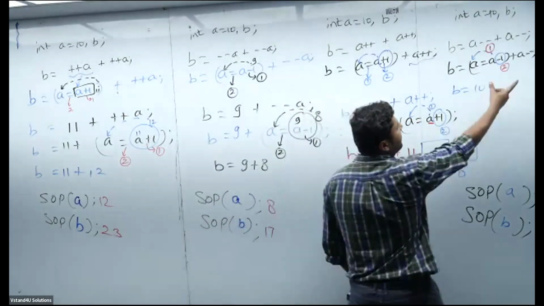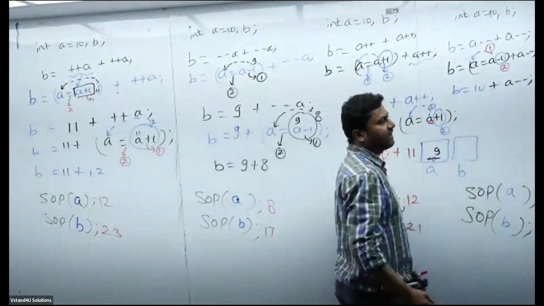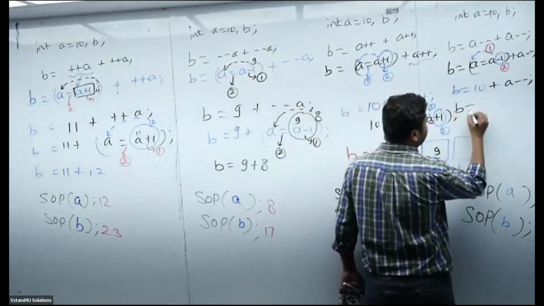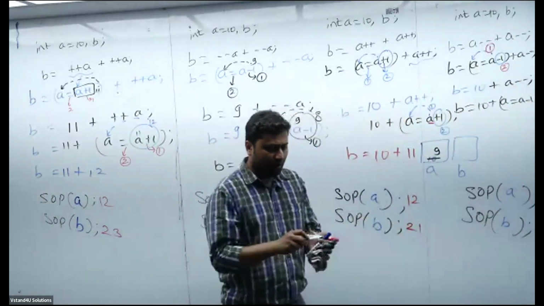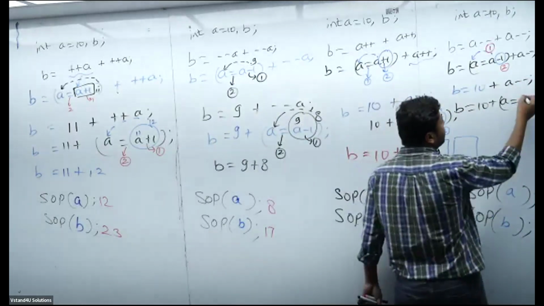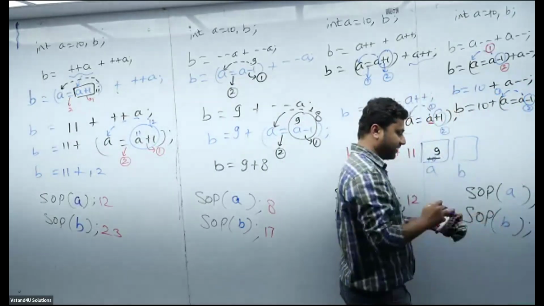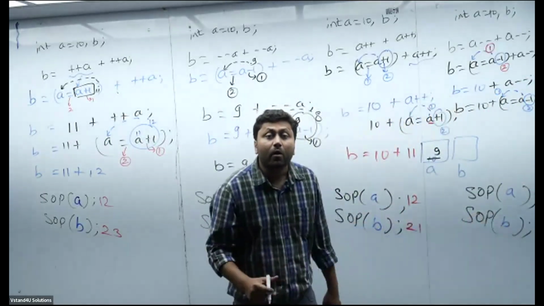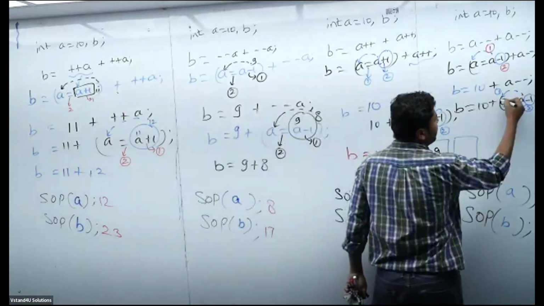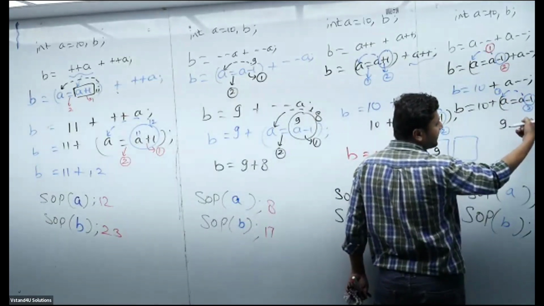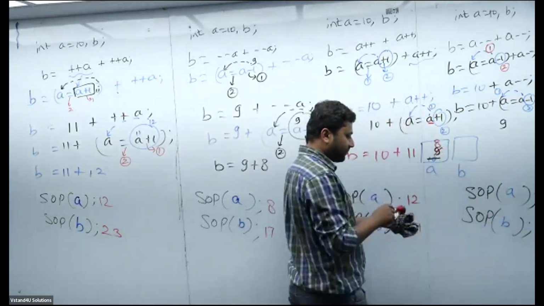Agree? Sir, the remaining half, did I evaluate it yet? No, sir. This is A minus minus as it is. Now, B equal to 10 as it is, plus this will become A equal to A minus 1. Now focus. Again, two operations. First is assignment, then decrementation. What are you going to assign? What is the current value of A? So you are going to assign 9. But did you do the decrementation?